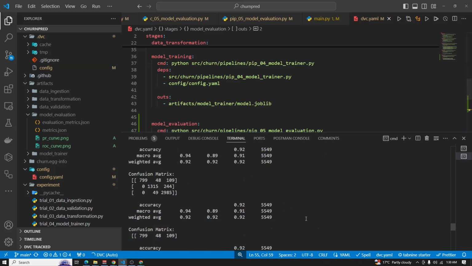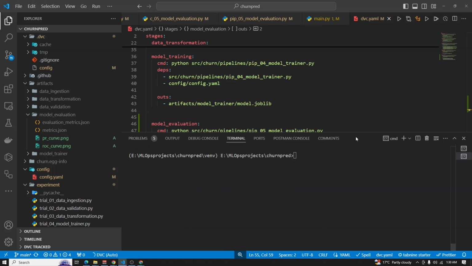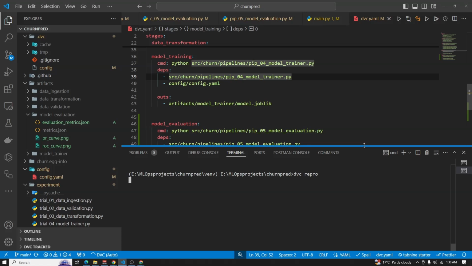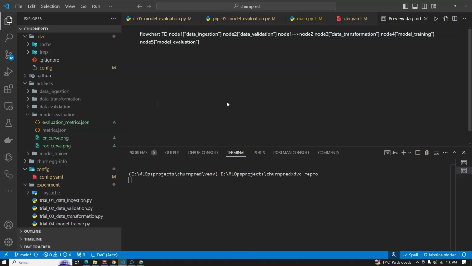Yeah. So what I'll just do, I think we have updated it, so I can just run the dvc repro so that we can track this pipeline. Then after that, we can save, we can push this code to the Git. So also in the dvc.yaml, you're able to track your,